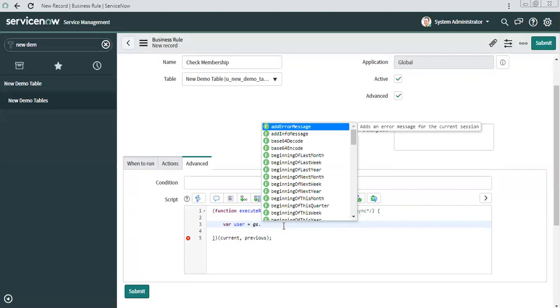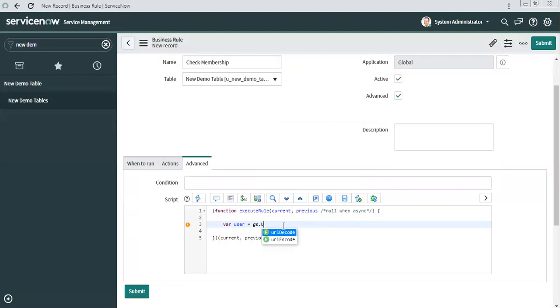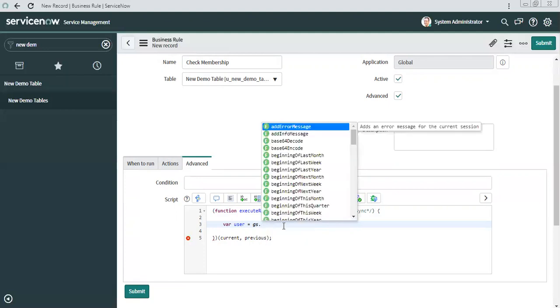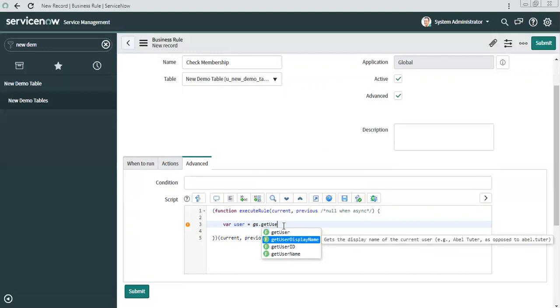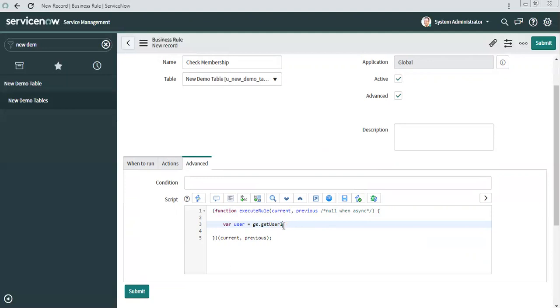Even before that, we have to get the user. So how do we get the logged in user? gs.getUserID. So first, not the user ID, we have to get the user. So this is the first thing.